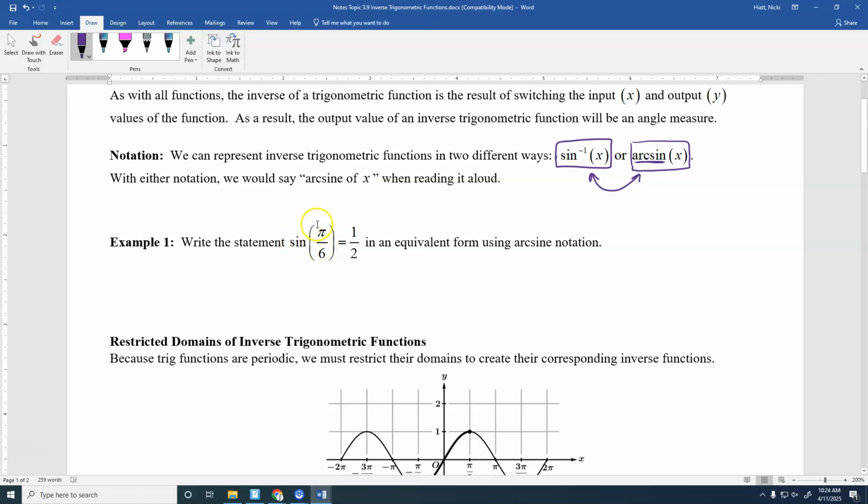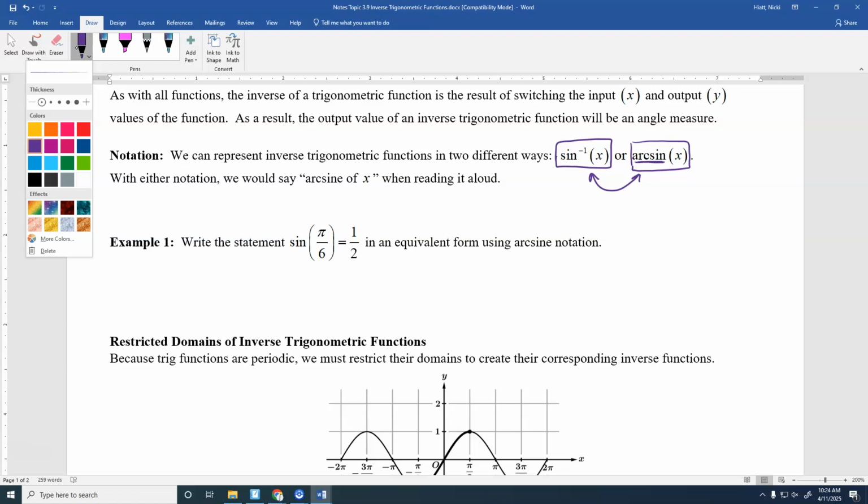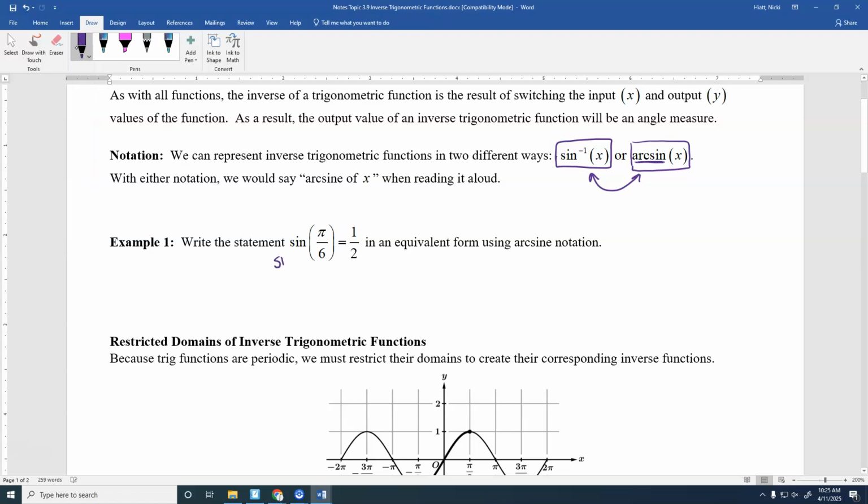The statement sine of pi over 6 equals 1/2 is an equivalent form of using arc sine notation. So whenever we look at this, if I want to write this using arc sine notation, and this is just a unit circle value, if I find sine of pi over 6, I would go to pi over 6, I would look at my y coordinate, it would be 1/2, right? So this is a true statement. If I want to rewrite this with inverse sine notation, I would do inverse sine of both sides, and then I would have pi over 6 equals